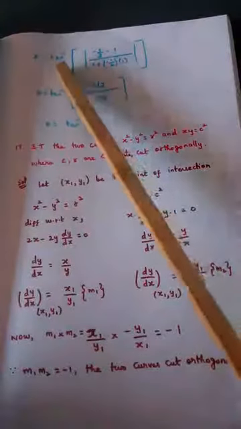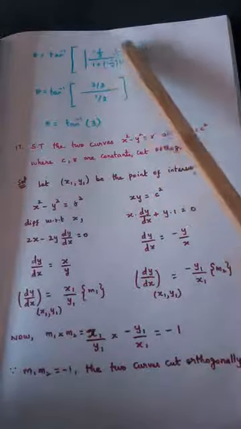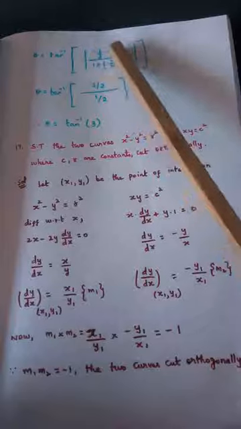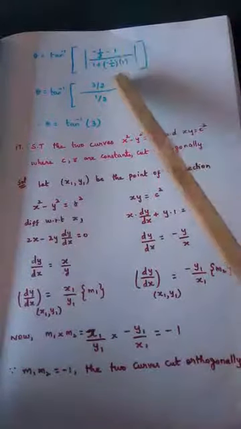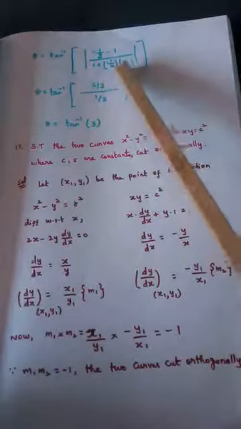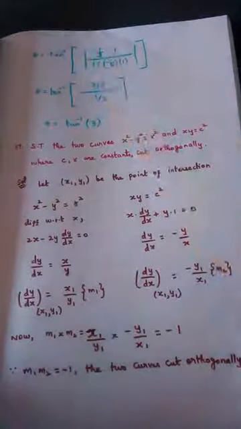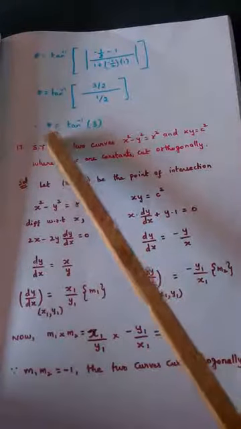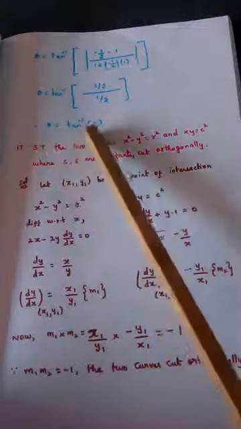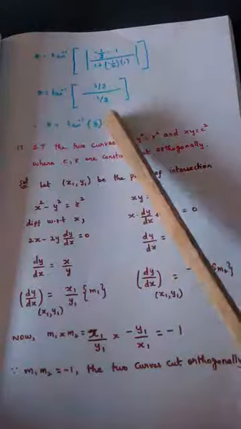Now see, tan inverse of m1 minus m2 by 1 plus m1 m2. Simplifying this, minus 3 by 2 comes, but we have the cushion called modulus, so minus 3 by 2 can be written as plus 3 by 2. And if I simplify the denominator by taking LCM, the answer is minus 1 by 2. That again by using modulus can be written as 1 by 2. 2 gets cancelled. So finally the angle between the two curves is theta equal to tan inverse of 3. So we found the angle between the two curves.